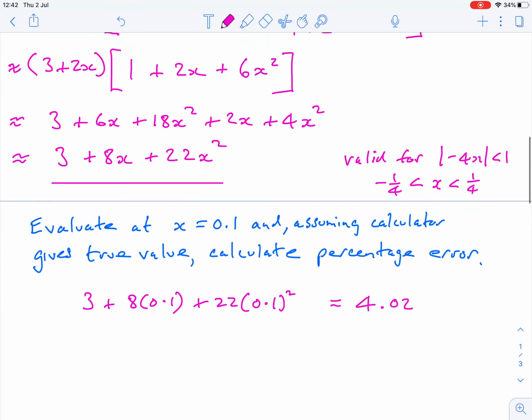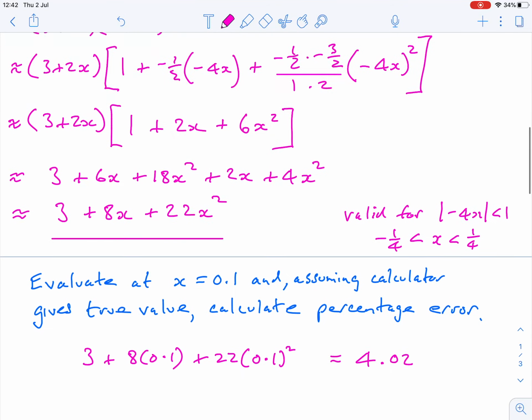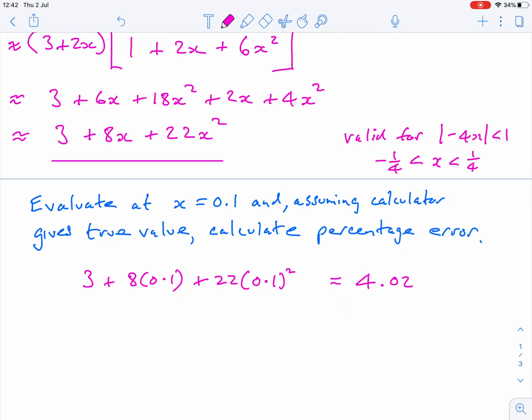Now, if we put 0.1 in the original, in our calculator, that will be 3.2 on the top divided by the square root of 0.6 on the bottom. 3.2 divided by the square root of 0.6 is equal to a calculated value of